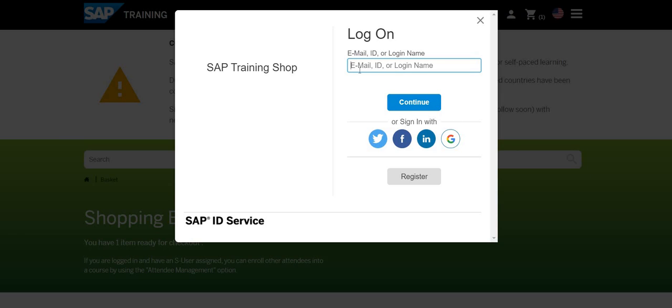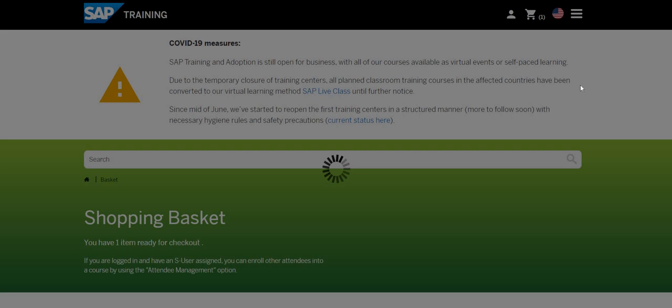here it is asking for a login ID and password. In SAP it's called the SID. If you have this SID, then it's okay, you can log in using this SID and password. And if you do not have it, you can still register. You can see the option called register, or you can sign in with other options like Twitter, Facebook, LinkedIn, or Google. Once you do this shopping, it will be purchased in your